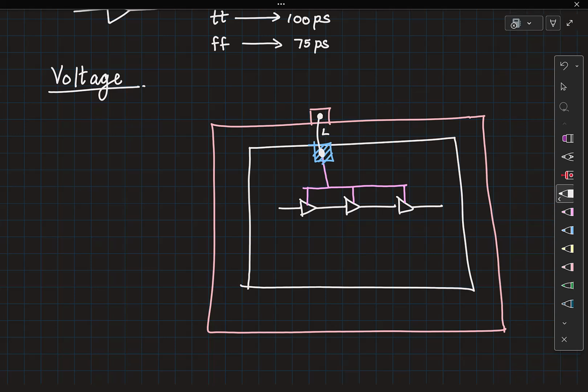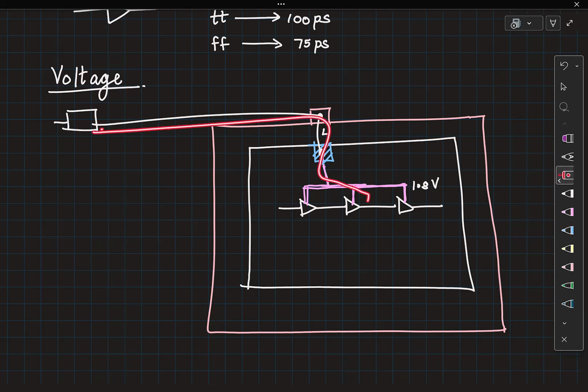And then this IC is then soldered onto a PCB. So on the PCB, you will have more routing, and finally, this will come out from a voltage regulator. Now, let's say you wanted to see a voltage of 1.8 volt here. All of these metal lines are going to have some resistance, right? And you have a current that is flowing through this whole path, which means there is going to be an I into R drop. So even if you gave 1.8 volt here, the voltage you are going to see here is likely to be lesser than 1.8 volt, let's say 1.75 volt, right?